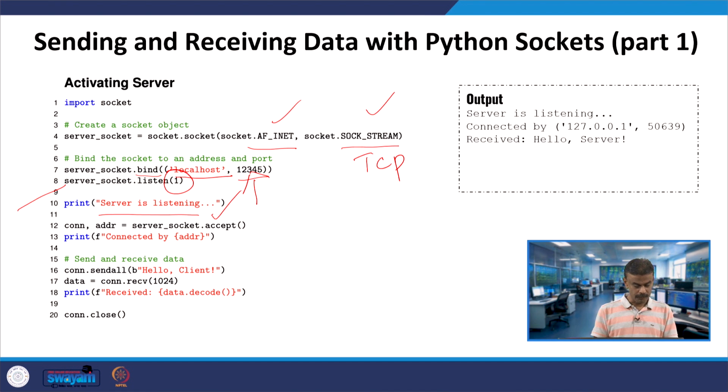And then you have conn, addr equal to server_socket invoking the accept function.